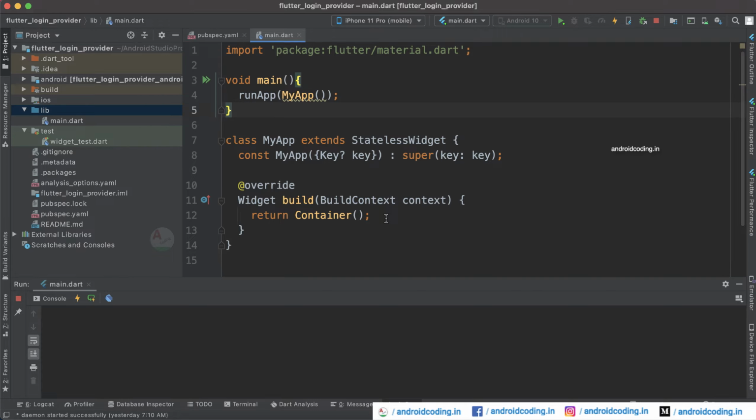Let us consider we have multiple widgets in our application. Suppose we have 5 widgets in our application and we need to have the user information. For example, you have logged into an application and we need the user email address or any particular ID so that we can make the transactions throughout our application.